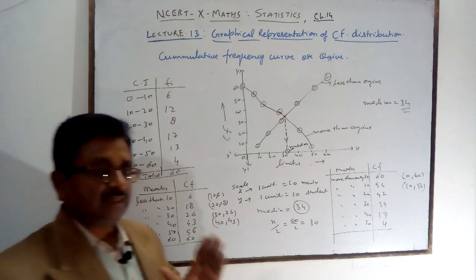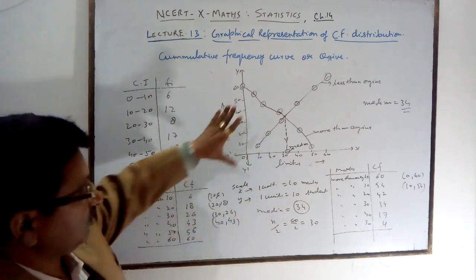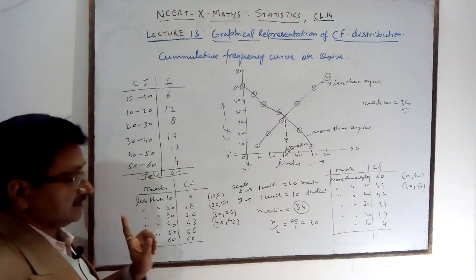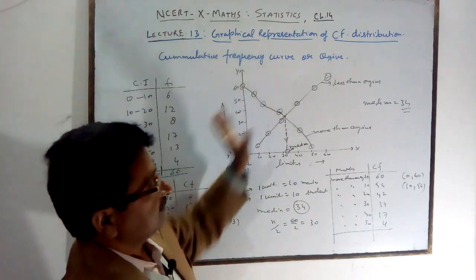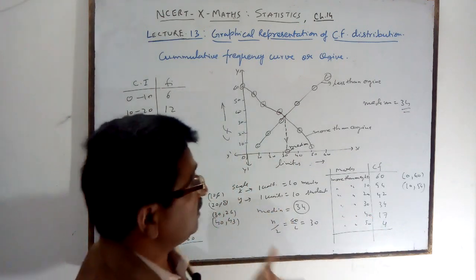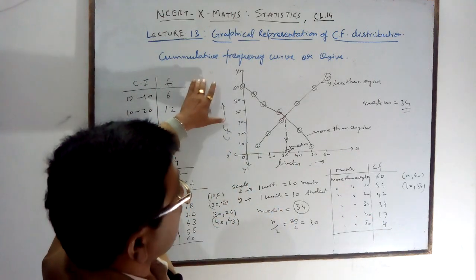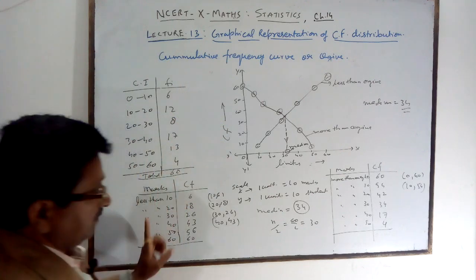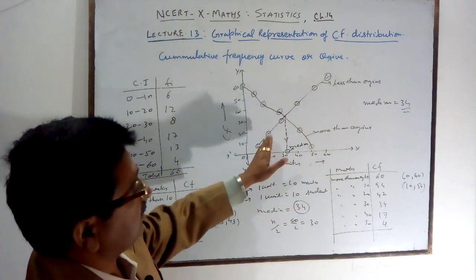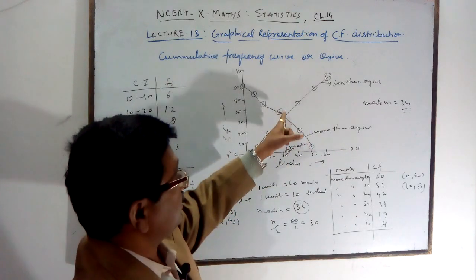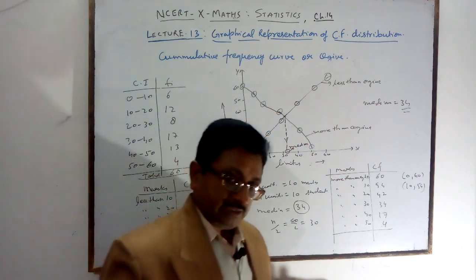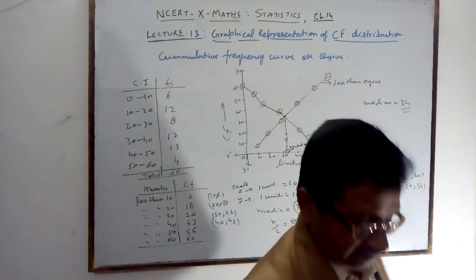In the graph you will get it exactly. In the graph paper you draw the same example. Two types I have drawn here separately, less than, then more than, then both. It is your graphical representation of the cumulative frequency distribution for finding the median. N by 2 is used here, but here no n by 2. Directly you draw both in the same graph paper and get the intersecting point, directly come down, it is your median.